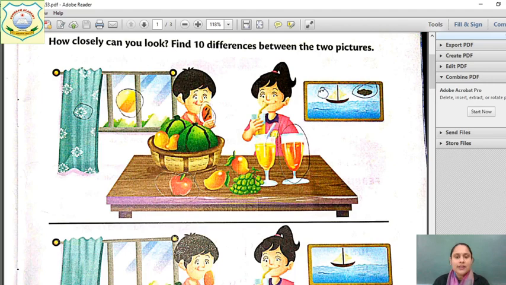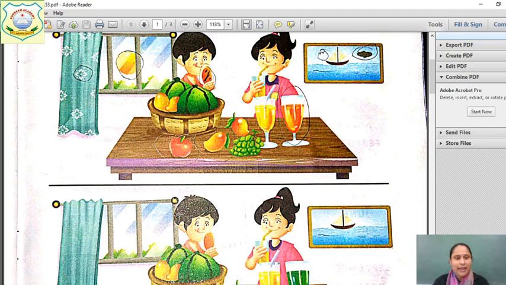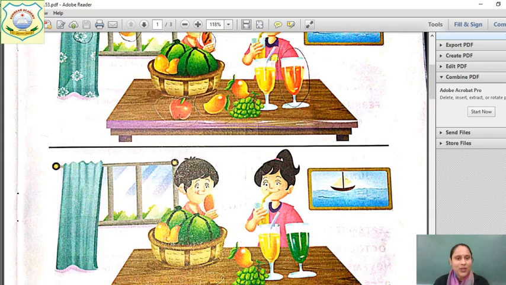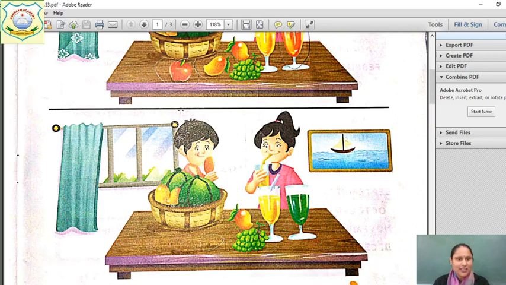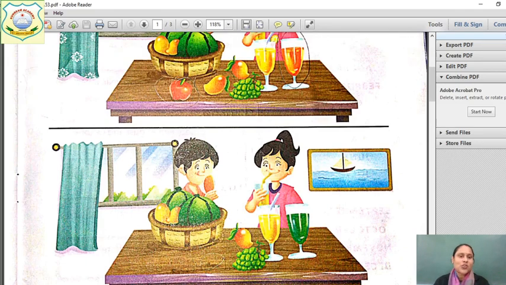Now children, let's observe the picture carefully and find a few more differences. You have to make out 10 differences in both the pictures. Okay, so we have managed to get 3 of the differences. Now children, let's see the fourth one. Now here on the table you can see there is an apple lying on the table in the first picture, whereas on the other hand side you will see there is no such apple lying on the table. So this is again a difference in both the pictures. So you have to circle this apple.